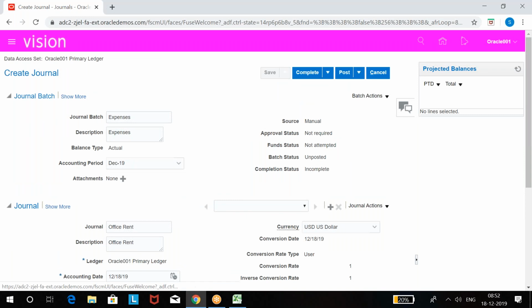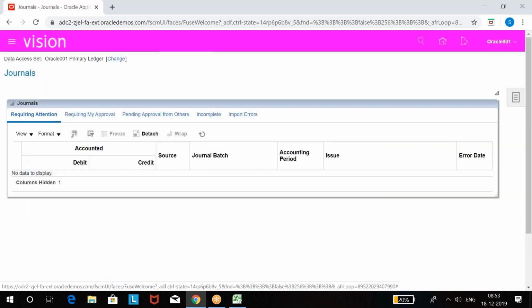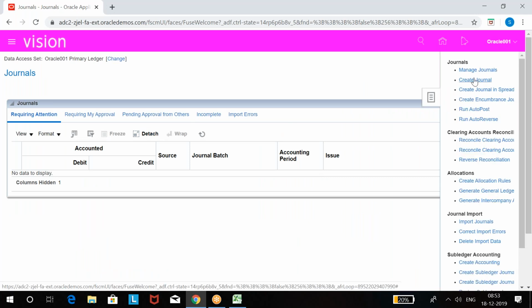Save. You want to add one more journal within the batch, do not complete. Once you complete, you will be unable to add any journals in the batch. Once complete, then done. Batch is closed. You can save and you can close now. You can cancel it. Cancel in the sense, I'm just coming out of this page, but data will not be deleted. I want to go to the same batch to add more journals, manage journals.